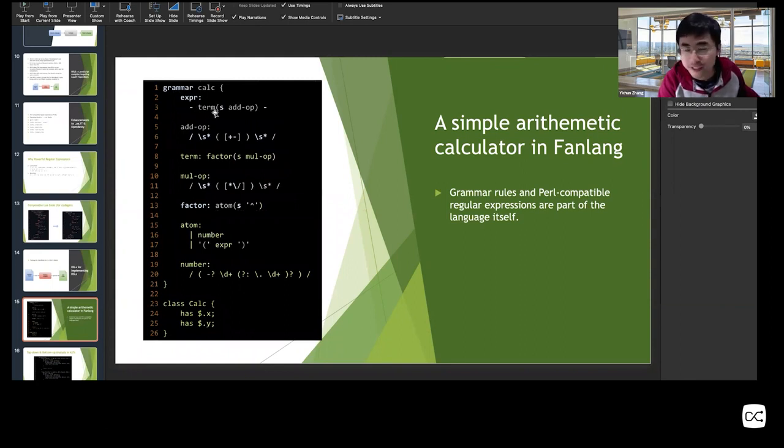Each term can be multiple terms connected by add-op. So this rule, add-op, could be a minus sign, could be an addition operator, right? And it could have leading or trailing white space characters. And each term is defined by factors. I think you may recognize that from the LPeg rules. They're similar, but I think it's more powerful.